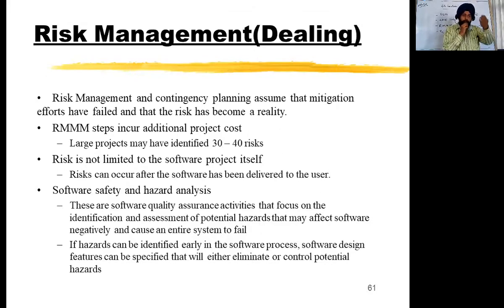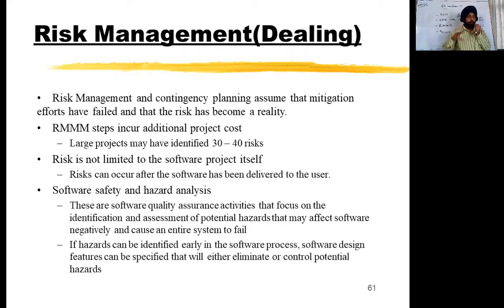It is not necessary that you should write all of this only. It is up to you. You can give any example that this risk came into your system, this is the problem that has crept into the system, and now you give the strategy to come out of that particular problem. So it is up to you to give different examples in risk mitigation, risk monitoring, and risk management. What you have to understand is the difference between the mitigation or the avoidance.